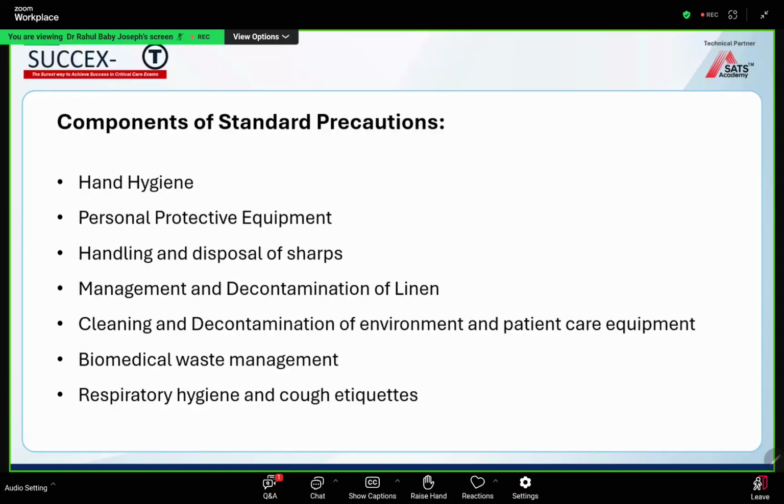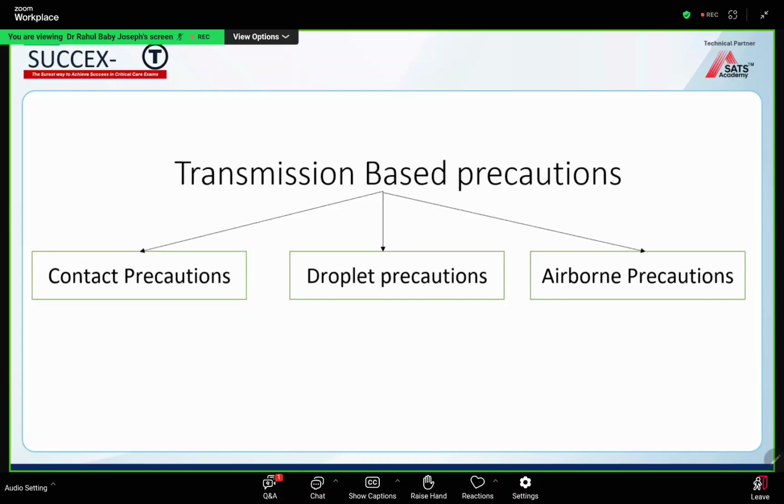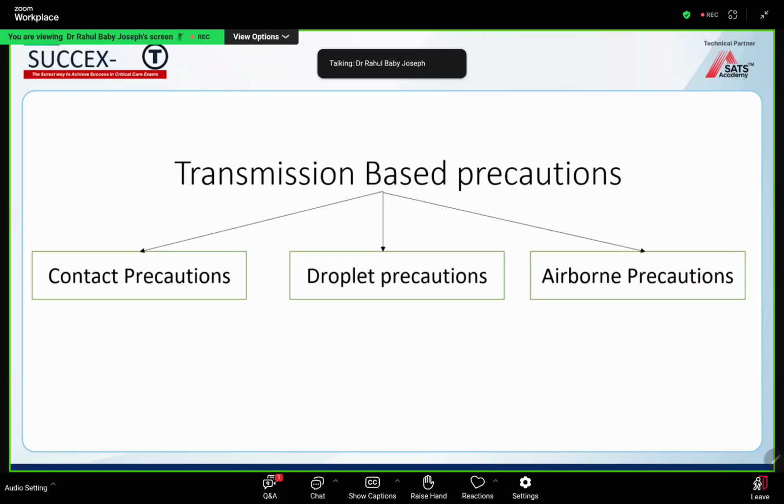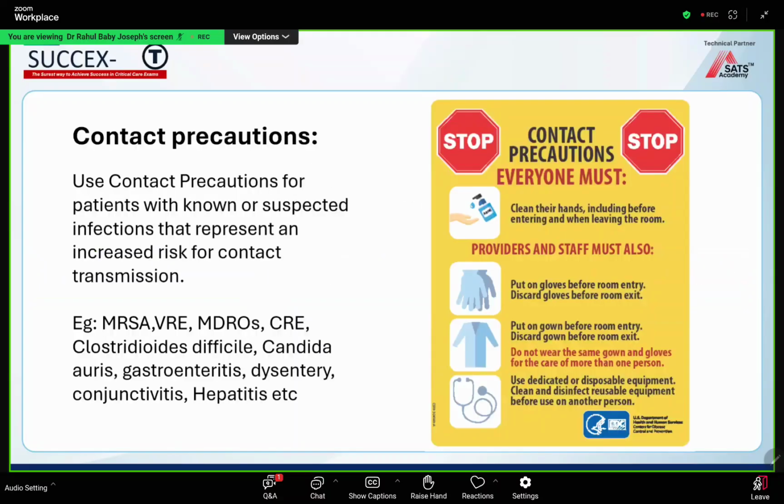Handling and disposal of sharps, management and decontamination of linen, environmental cleaning, biomedical waste management, and respiratory hygiene and cough etiquettes. These should be applied to all patients at all times. So there are certain transmission-based precautions, which include your contact precautions. Any disease which has an increased risk of contact transmission